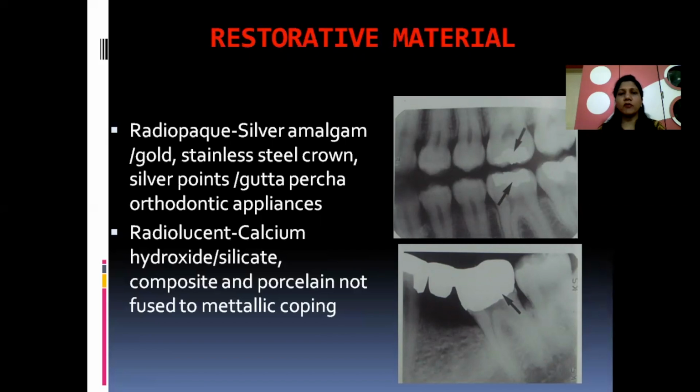So here we go, the silver amalgam restoration and the zinc oxide eugenol. This is a dressing where excavation was performed and the dressing was done, and here the cavity preparation was done and the silver amalgam restoration was placed. Here there was a cast chrome crown, this is a missing tooth, so the pontic has been placed, and this is again a metal crown. Metal will always appear radiopaque.